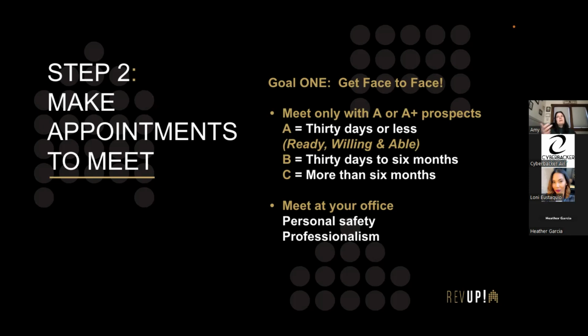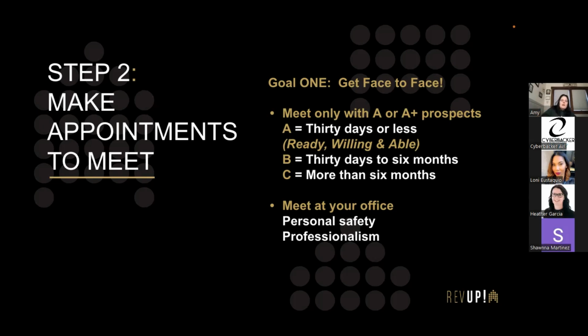If somebody's not ready, willing, or able, one of those 3 things is missing to buy a house, let's say, then it doesn't necessarily mean that we don't meet with them. We just may want to tailor that meeting to be where they're at right now. So we may not spend the full hour going over items on our buyer presentation. We may just really sit down and explain to them the importance of connecting with a lender and give them some referrals, and then talk about, once they're in a position to purchase, then we'll go through and make sure